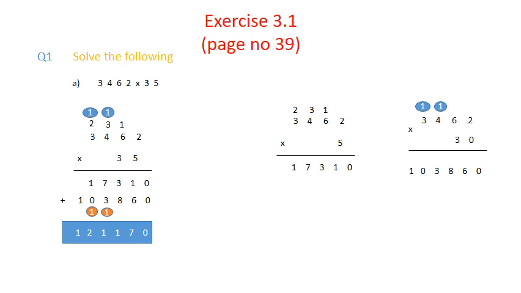Okay, I think student you have completed your work. Let's come to the next. Now the next one is the same, only the number is changed, the way of solving is the same. 7,594 we are going to multiply by 38. This we are going to write down in a vertical form. Okay, this we have written in vertical form.